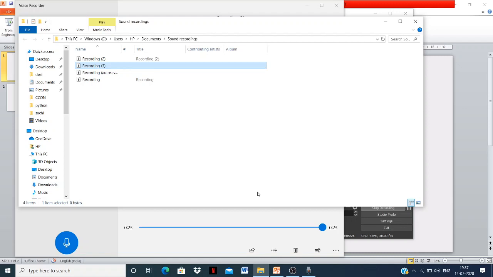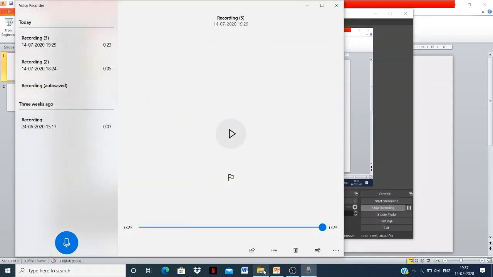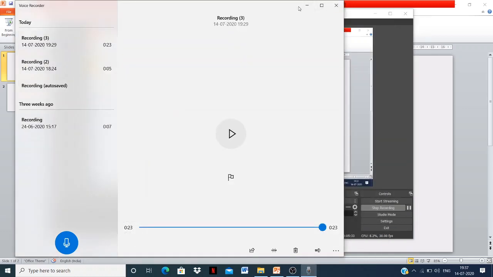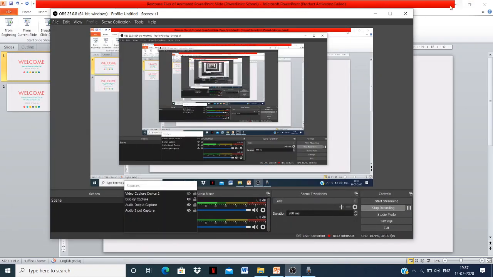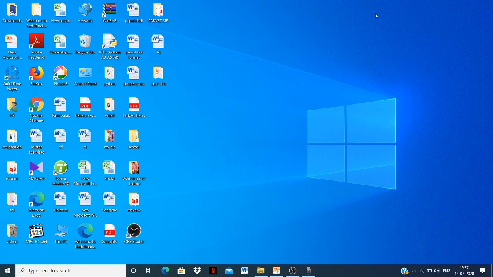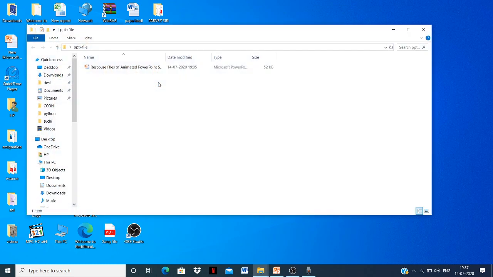So just click on the copy button, and now again here, as you can see, on the desktop I have a particular folder. Let me show you once. On the desktop I have a particular folder, ppt plus file. In this folder I have my PowerPoint presentations. There I am just pasting with the help of Control V. Control V is the shortcut key which we use for pasting a particular thing which has been copied or cut.